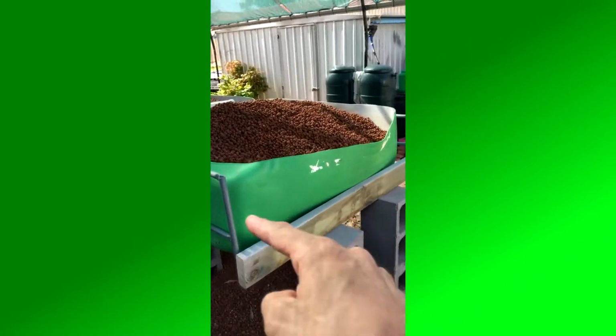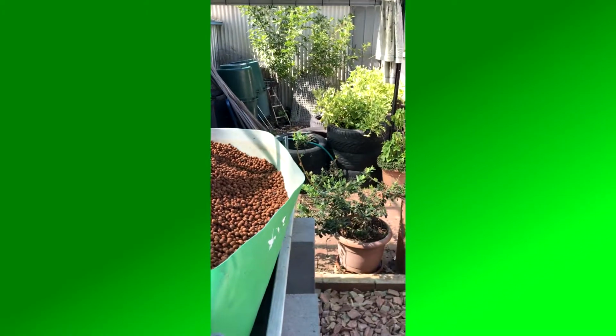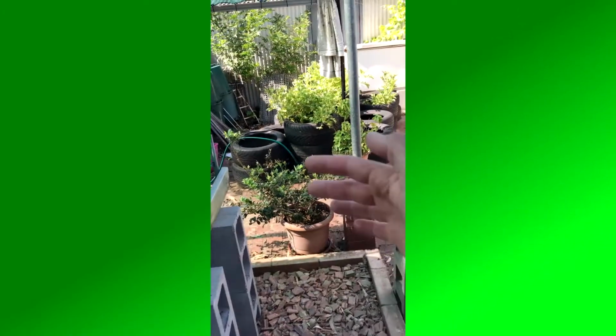So if you can imagine this one being on the end, to stop that happening. See how that's bowing out. Then get the gravel, put it back in,